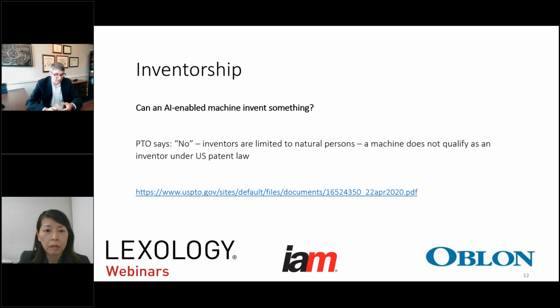And the director famously noted in January of this year that he doesn't see any example so far that AI has invented something that would be considered an inventor under US law. So of course we know this is going to change in the future, and who knows where we could get at some point. But as of right now, the consideration in the US is that inventors are limited to natural persons, and there's always going to be some human that's involved in the inventorship process. Okay.